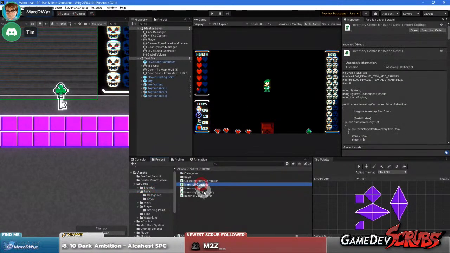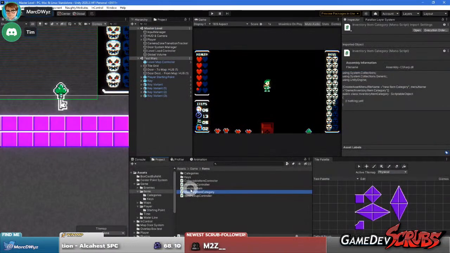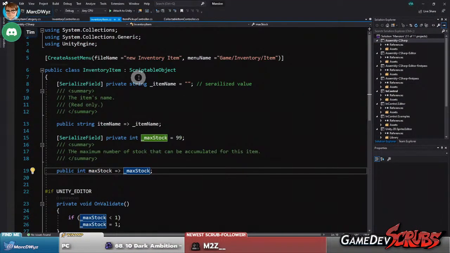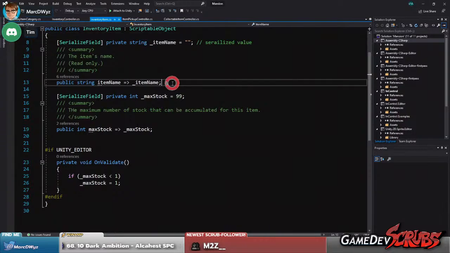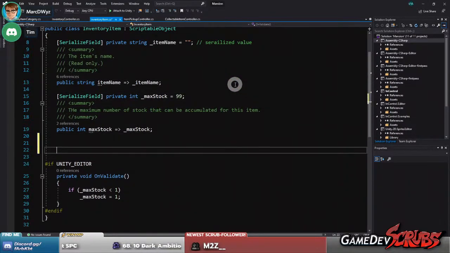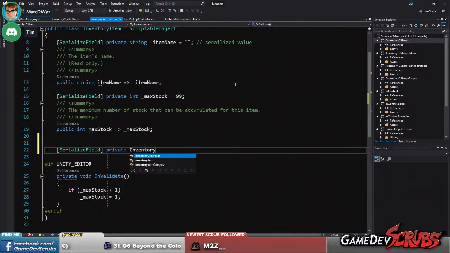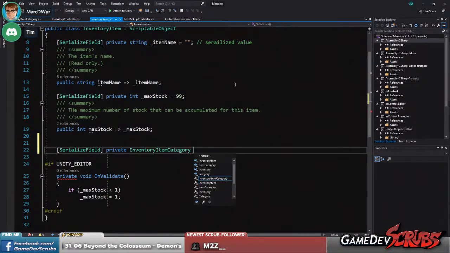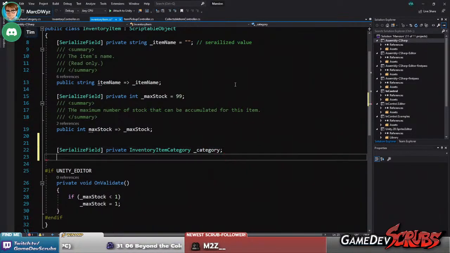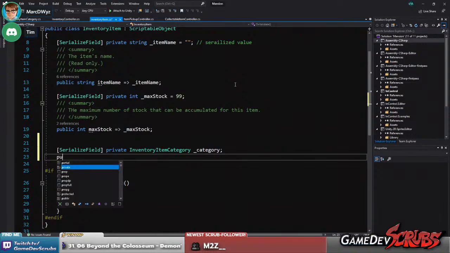Okay, so then our inventory item, well, that's a category, but you arrange it automatically. Oh yeah. We want serialize field private because we don't want any script messing with this. Inventory item category, underscore category. So we're gonna make a public accessor for this. Then public